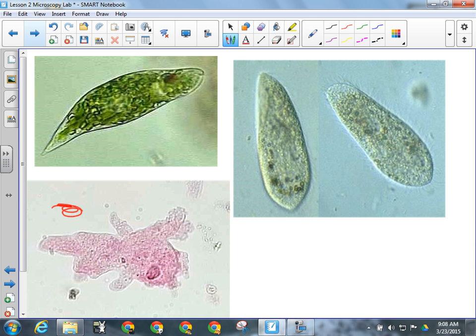Okay, and then lastly, you'll look at the Euglena. All right, and the Euglena is the one you want to look at last because it is by far the smallest. They generally have a similar shape to the paramecium, but they're much, much smaller. Okay, the paramecium, if you look really closely on these pictures, you can actually see kind of a fur,